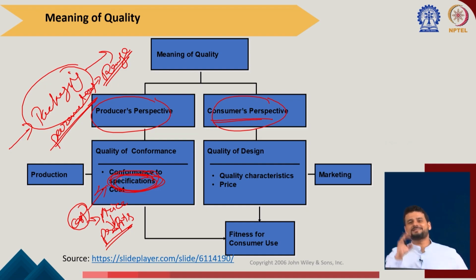But when it reaches my home, I will check whether the packet is okay or not, whether the product is functioning or not, whether the safety parameters are okay or not. That means whatever quality characteristics you are promising in the market, I will check for those. I will check the functionality, I will not go for what parameter you have designed, or whatever is happening behind the window, maybe